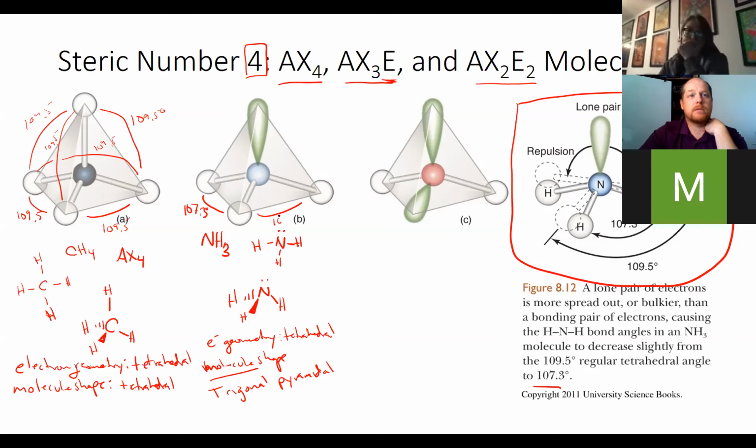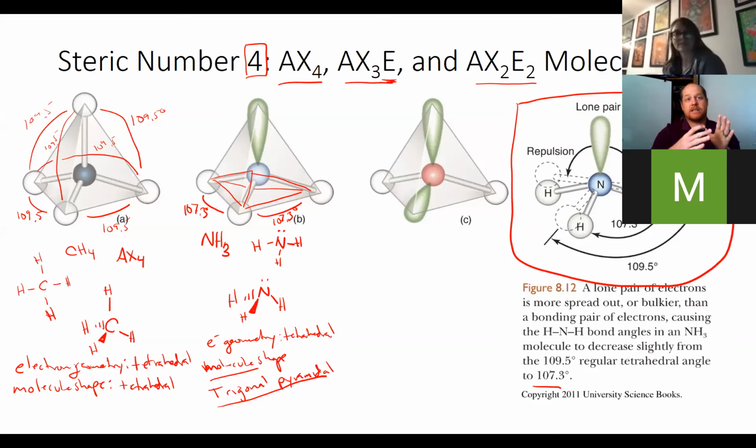Now, the difference between a tetrahedron and a trigonal pyramid is that if you have a tetrahedron, all 4 of the faces of that tetrahedron are the same size, okay? If you were actually looking at the trigonal pyramid as compared to a tetrahedron, what we're really looking at shape-wise is the shape that is between the atoms. Remember, it's not between the electron groups. So your actual shape is sort of this that I've kind of drawn in there,